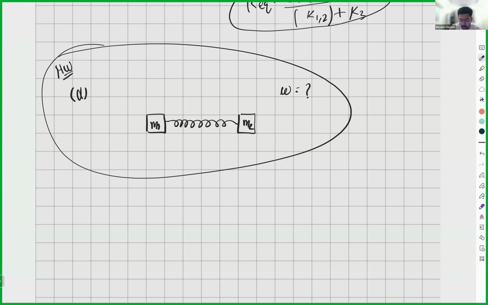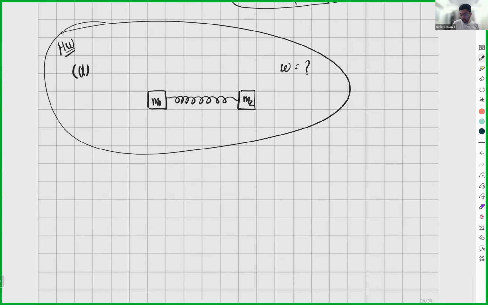Or you can think, you can imagine how does this system undergo oscillations, कैसे oscillate हो सकता है when there are no dissipative forces। Okay, so you consider it as an isolated system, ऐसा समझ लीजिए कि हवा में है और उस पर कोई भी, there is no other force, like it is not falling and things like that। Okay, and how it oscillates, you have to think about it।